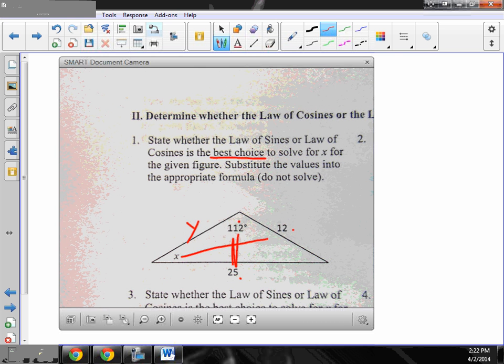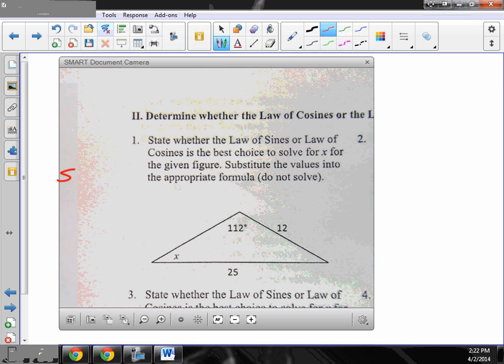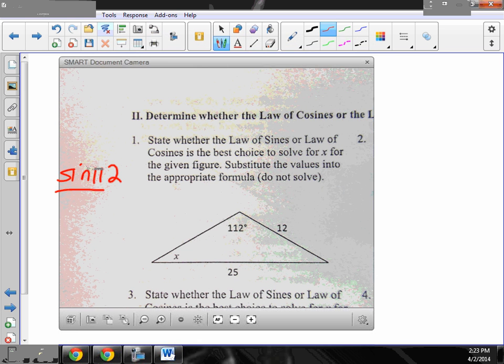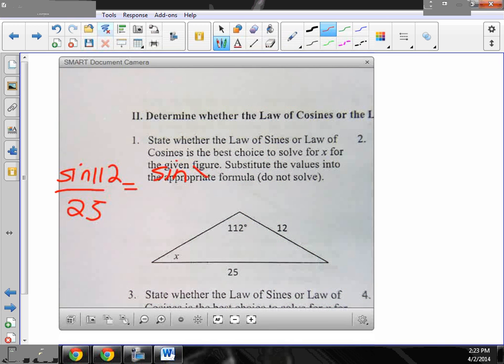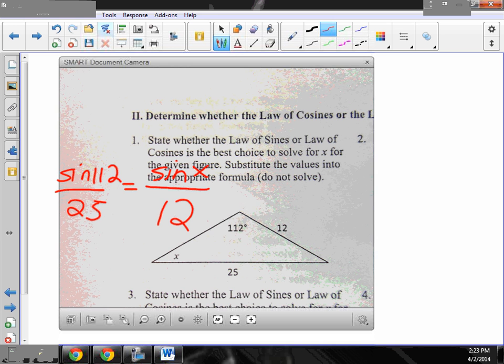So if we set this up, the sine of 112 over 25 is equal to the sine of x. Oh, I did it wrong. No, I didn't. Over 12. Don't solve. Set up the formula and stop. Okay? So if we look at number 2,